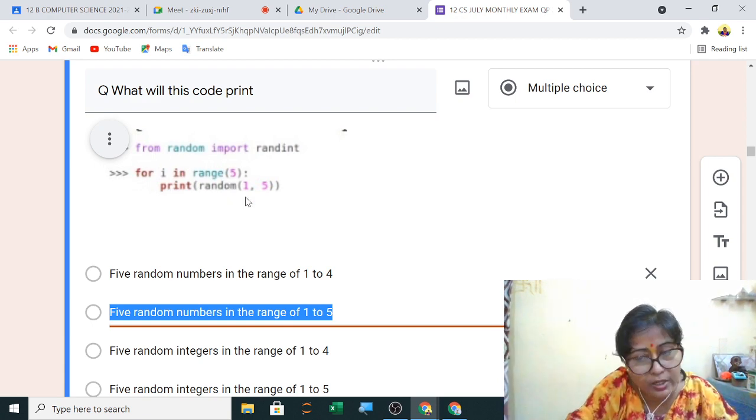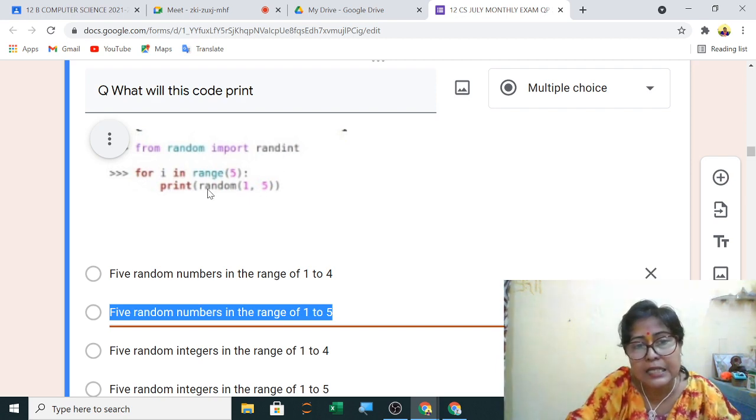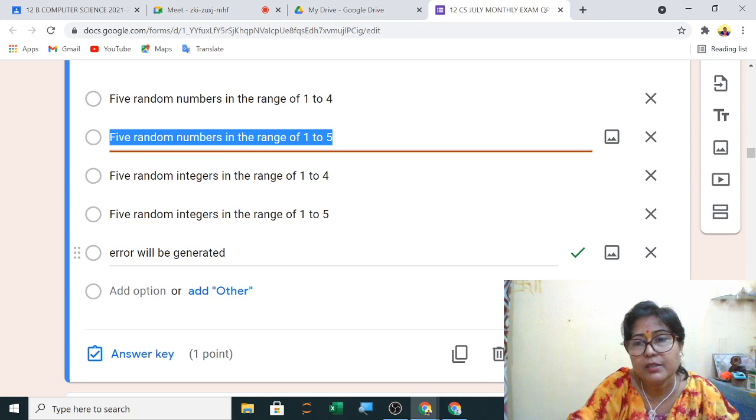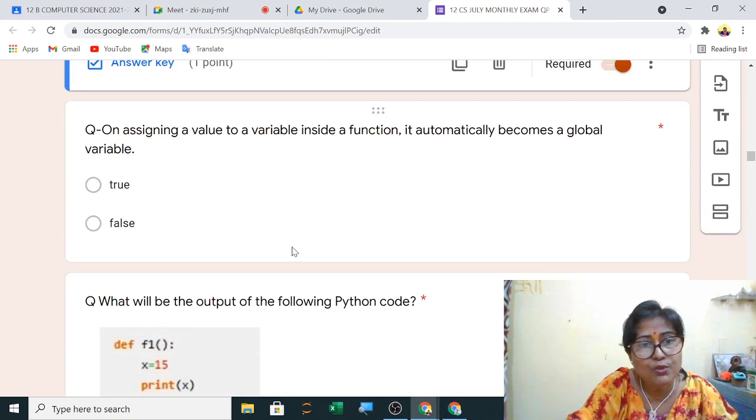One is random.random we were using, second was random.randint we were using. So here randint will execute. If you write randint instead of random, then it will get executed, but random you have written and import random you haven't written. So here it will show an error message. So an error will be generated. Whichever function you want to use, you have to import that function.